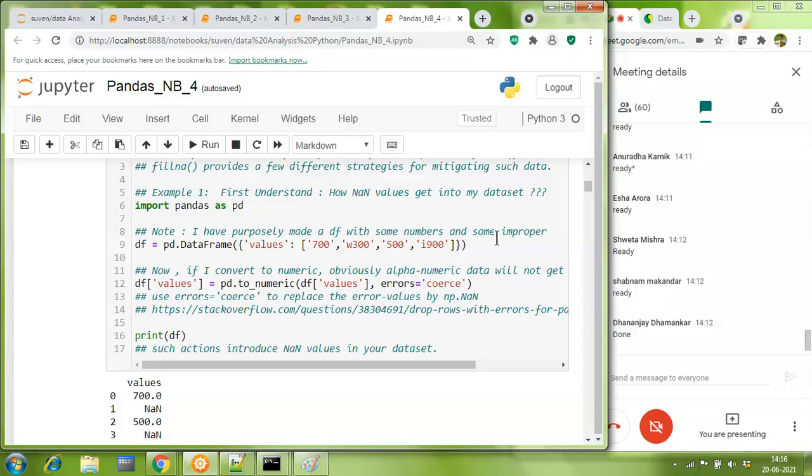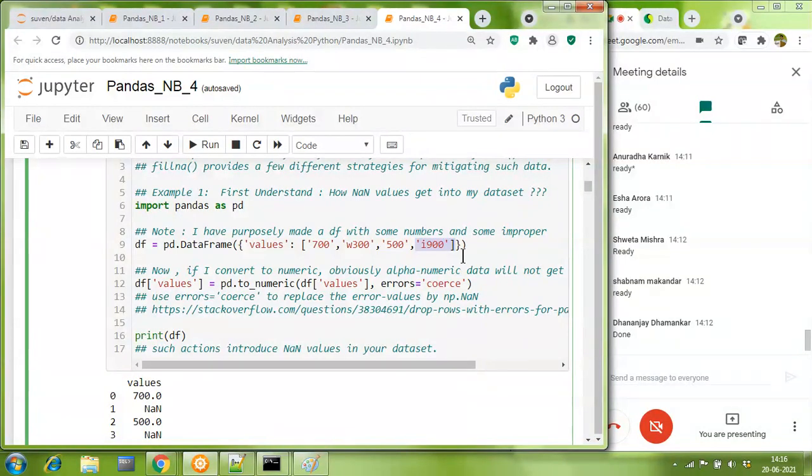Have a look at this example. What I've done here is I have made a data frame out of these values: 700, W300, 500, and I900. I can very clearly see that out of these four values, W300 and I900 don't seem to be numeric values. They don't seem to be proper numbers.